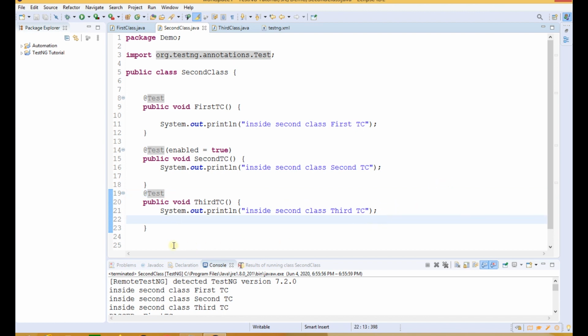So we have to increase our wait time so that the third test case is passed and the functionality is completely executed. Right, so one way is to increase the implicit wait, but when we increase the implicit wait, that implicit wait will be increased for all the test cases, right?